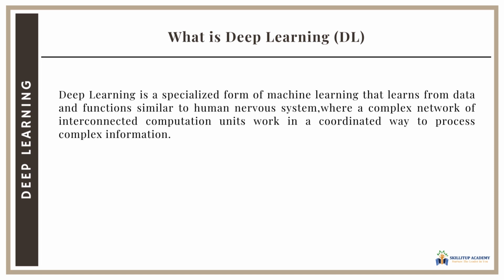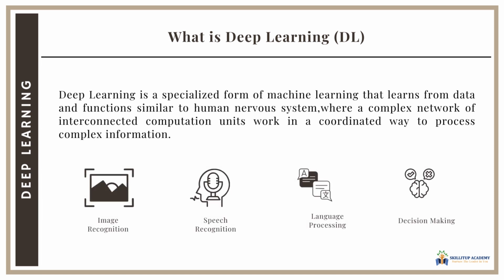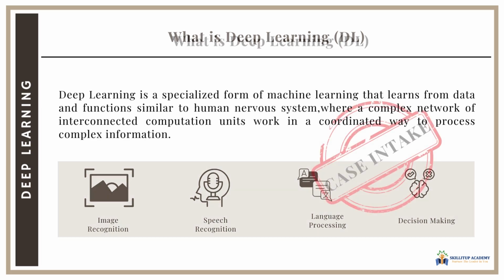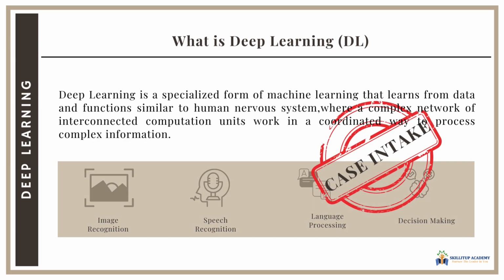Deep learning can be applied to image analysis, speech recognition, language processing, to name a few. In the context of pharmacovigilance, case intake process can be the biggest beneficiary from deep learning. In case intake, there are elements of language translation, image recognition, and decision making to identify adverse events from a large